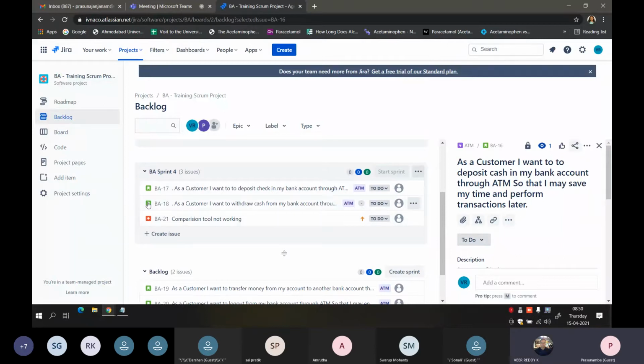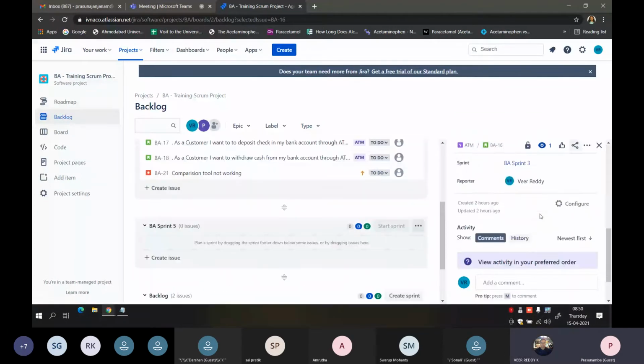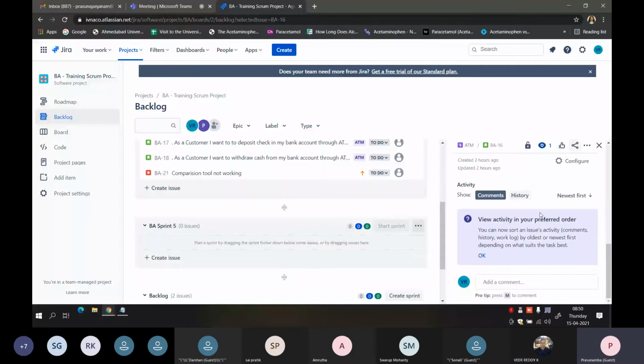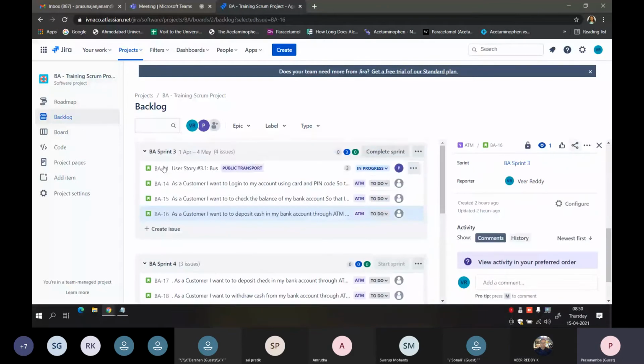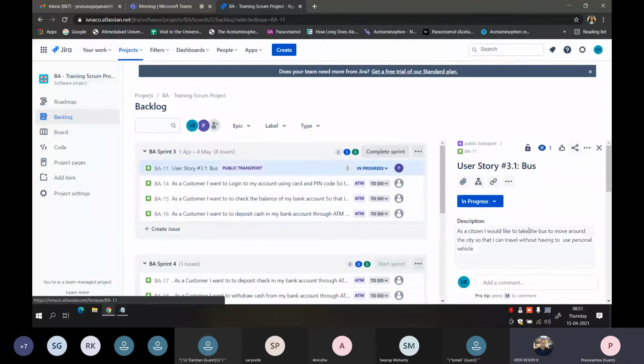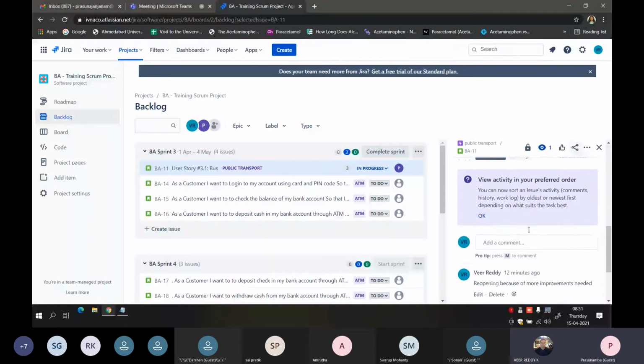These icons would remain standard. For Epic, it shows like this. For a story, it shows like this. For a bug, it shows like this. And for a task, one second. I think I haven't created one.